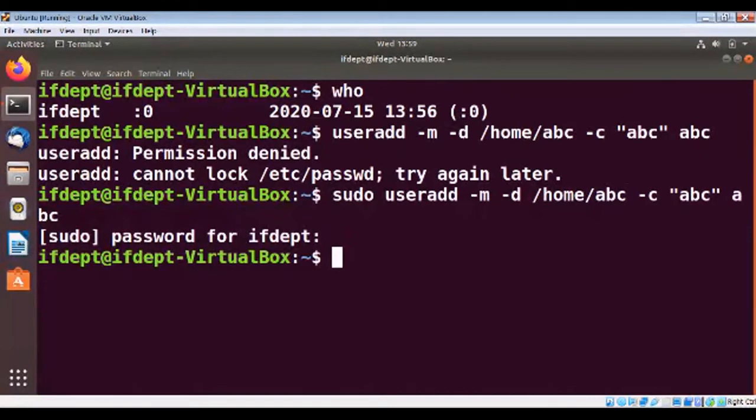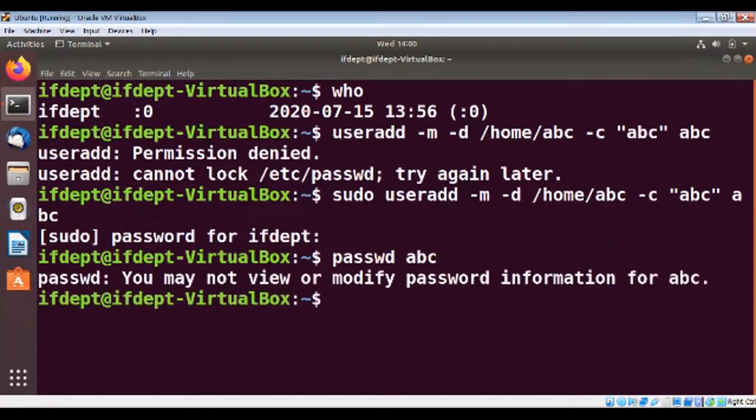Okay, now the next thing that you have to do is assign a password for this ABC. So what command do I have to use? passwd. Just now I have shown this in the PowerPoint slide, right? So passwd, then your username. So you have to give the password to the username ABC. Press enter. Now again it tells me that I don't have the rights.